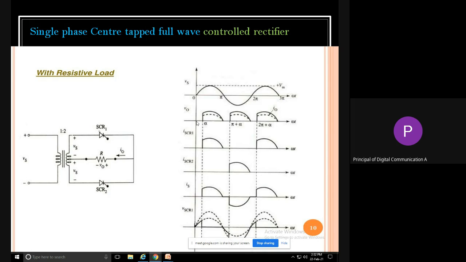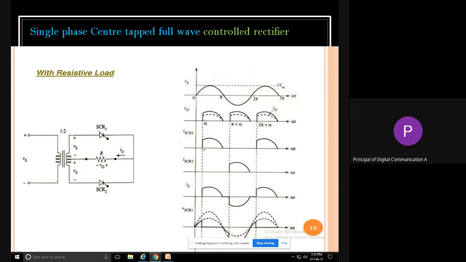If alpha is equal to 0, the full positive half cycle you will get across the output load. Is it? Yes. And if you are increasing this alpha, then you will get less output voltage. That is, depending on the value of alpha, your output will depend. That is, you can control the output. Ultimately, the intention is you can control the output voltage, and this is what the alpha, that is the angle,